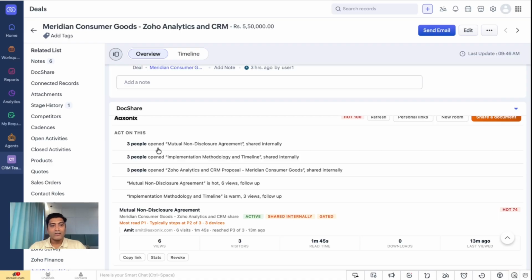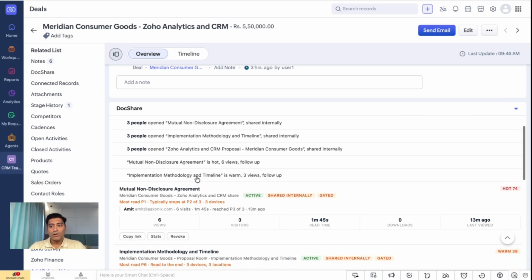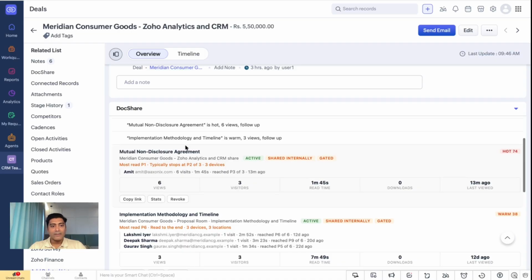So it says act on this now. Three people opened the mutual disclosure agreement. Three people opened implementation methodology. So it tells me all the details. For example, right now,